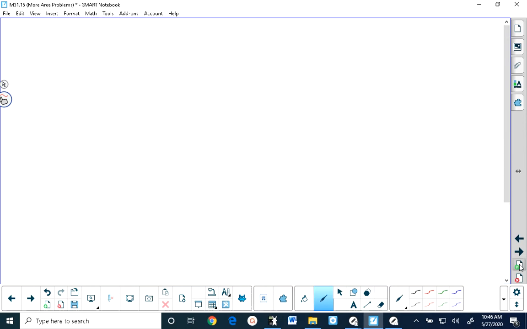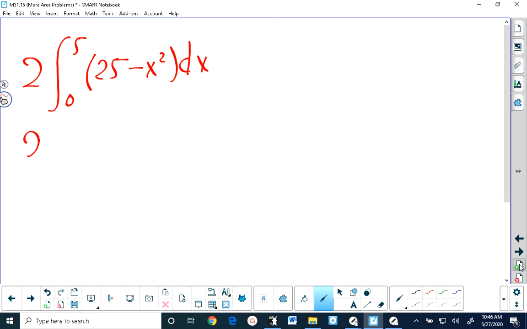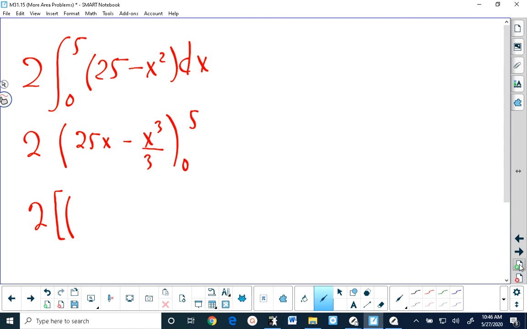Let's see what happens there. I have 2 times the integral from 0 to 5 of 25 minus x squared dx, which means I have 2 multiplied by the antiderivative, which is 25x minus x cubed over 3 from 0 to 5. So I get 2 multiplied by the antiderivative at 5, which would be 25 times 5, minus 5 cubed over 3,